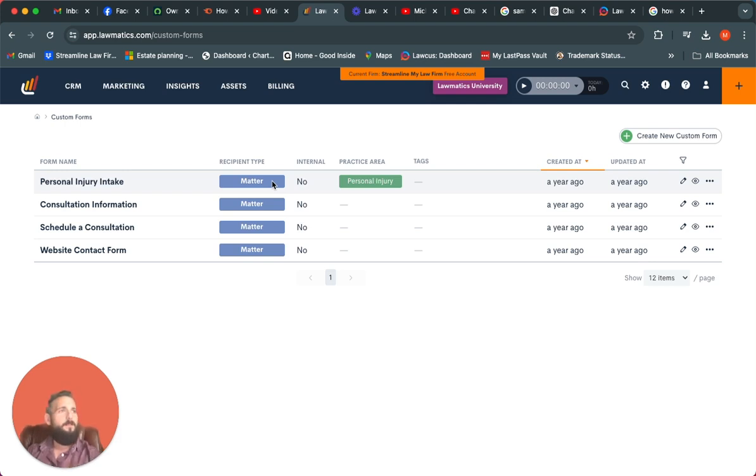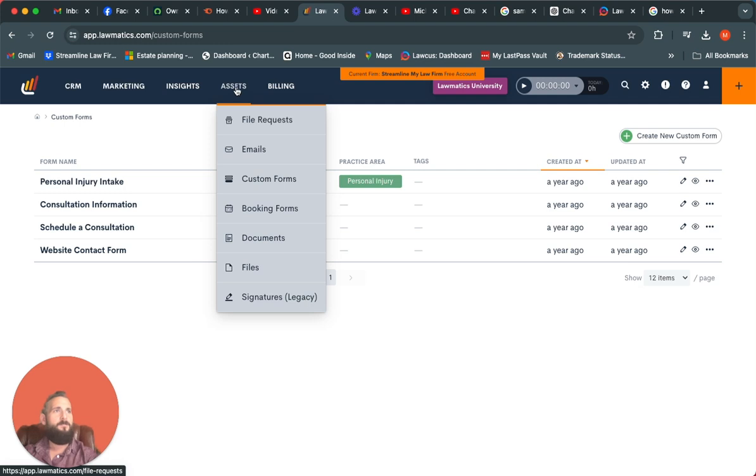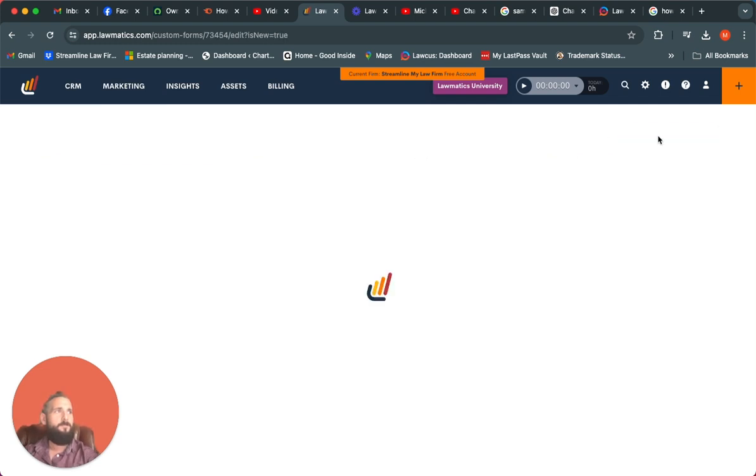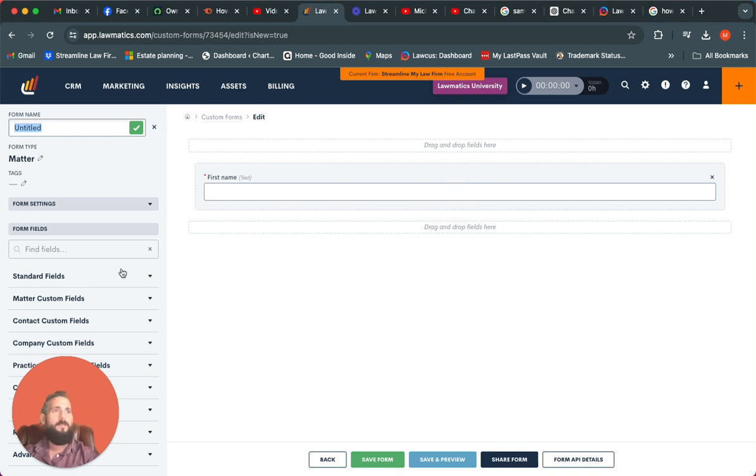So here I have the custom forms screen pulled up in Lawmatics, and all it is is just going underneath your assets and selecting custom forms, and that'll take you straight there. All right, here I have a few that are already created, but we're going to start from scratch. So if we just create a new custom form, here we can add in a variety of different fields from